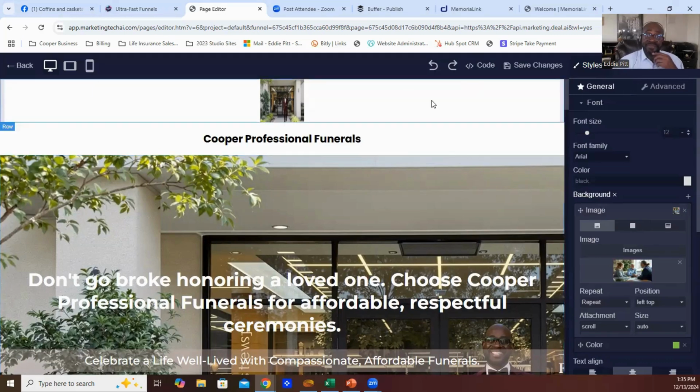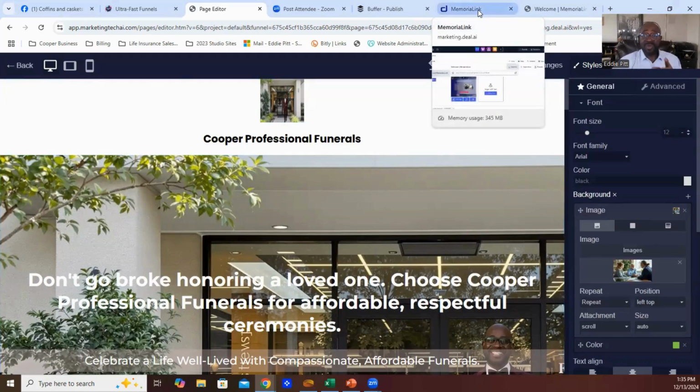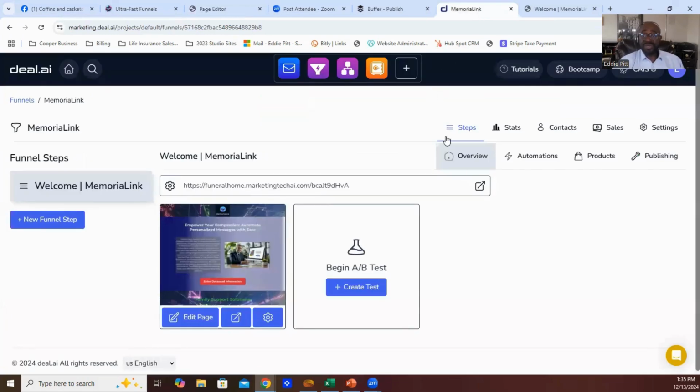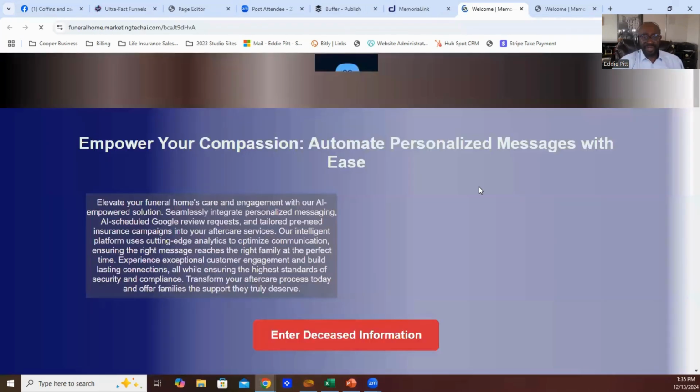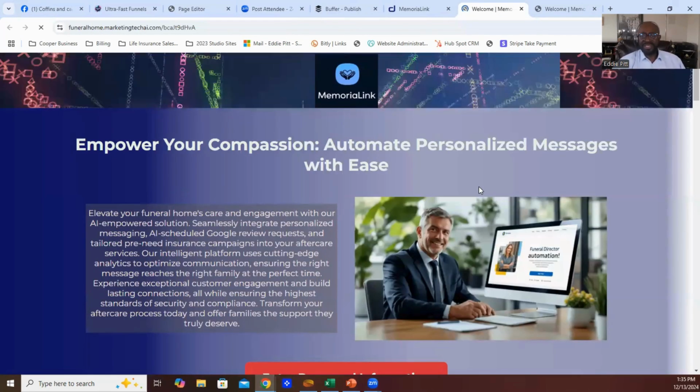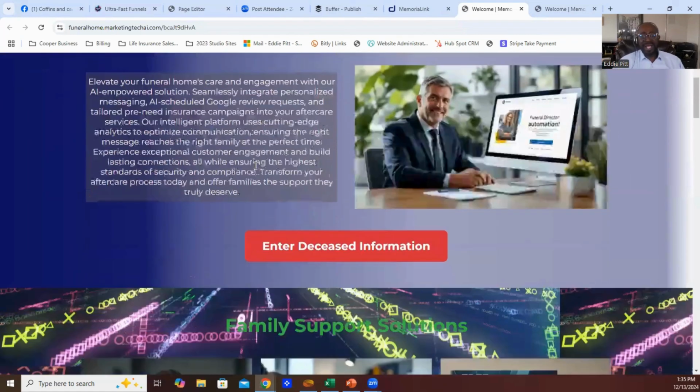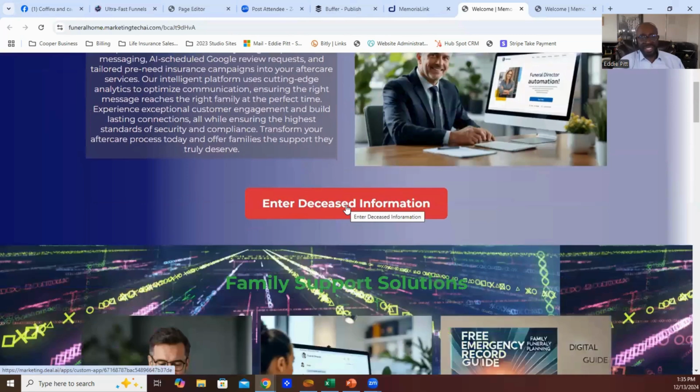As a matter of fact, we've set up one funnel, and we will do this for other businesses as well. If you're in the early group, which is for funeral directors, since we had a few of those guys, we set up a page that made it a little simpler than having to fish around for all of those applications. So here you have the memorial link. The funeral director just goes in here and enters the deceased information. The emails are formulated here without having to go through another step, which is the step I'm going to go through for this next process.